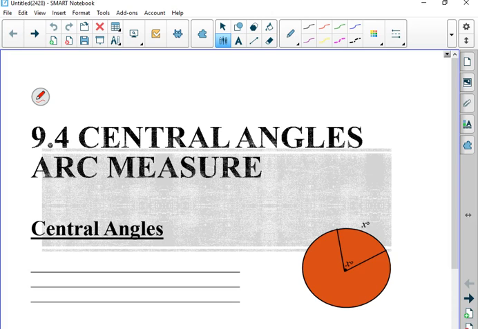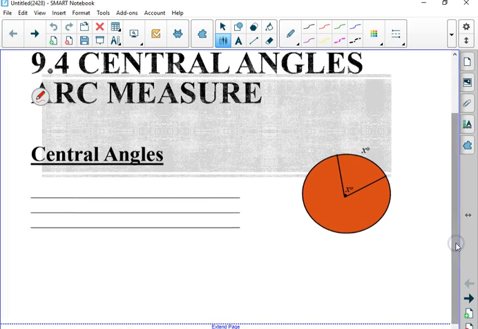Angles and arc measure. First we need a little definition here. A central angle, which we've already talked about what it is. We've already talked about it has a vertex at the center, and the endpoints are on the circle. But something new, the measure of a central angle